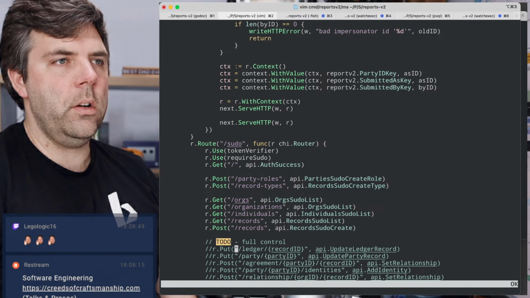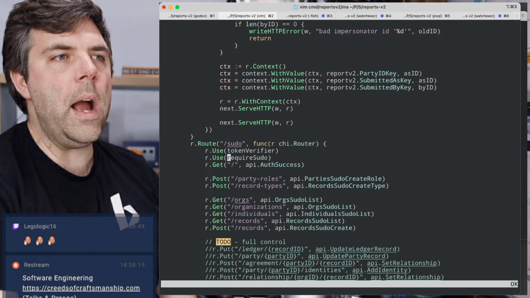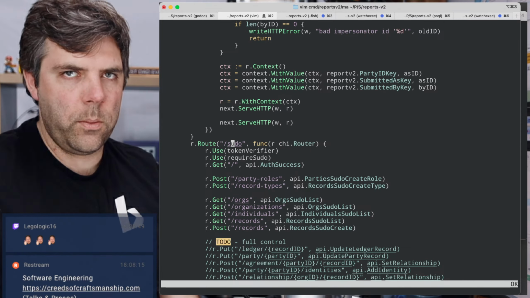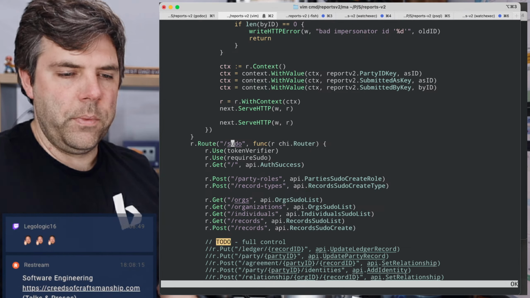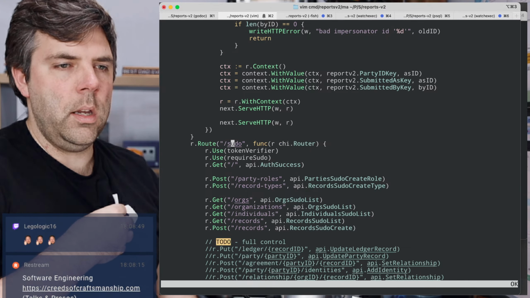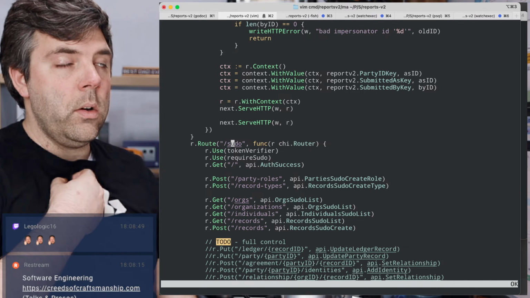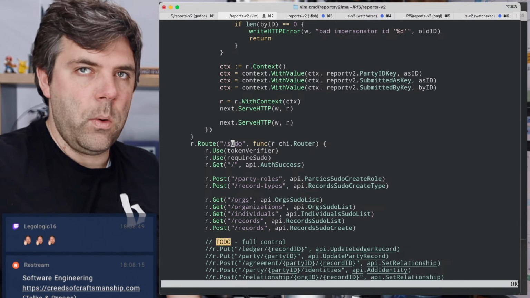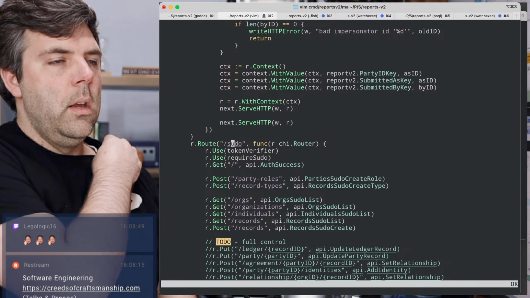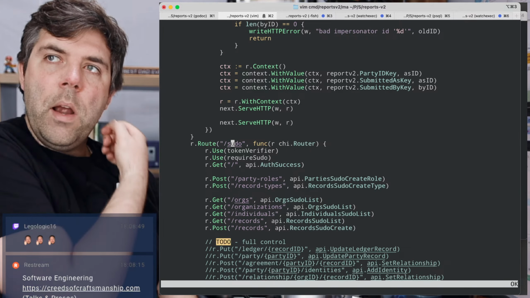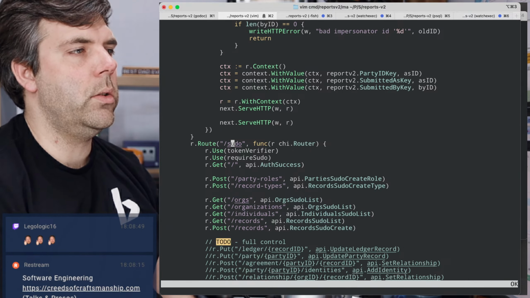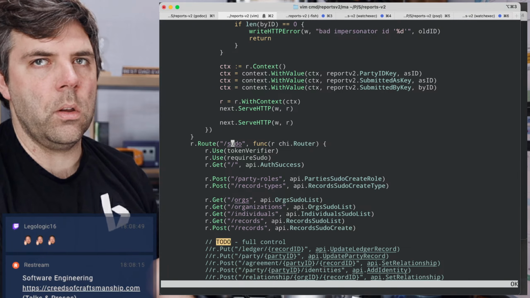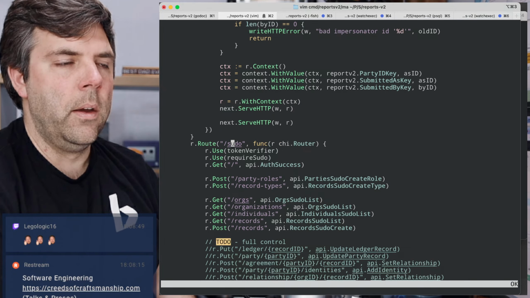Anything that is under sudo will require that the token has those correct permissions, and so on and so forth with all the other ones. If it's an org route, it requires a token with org permissions. If it's a user route, it requires a token with user permissions, and so on. If it's a public route, it doesn't require anything. There's also guest routes, which could be either authenticated or unauthenticated. The rules are a little bit more complex for the guest routes.